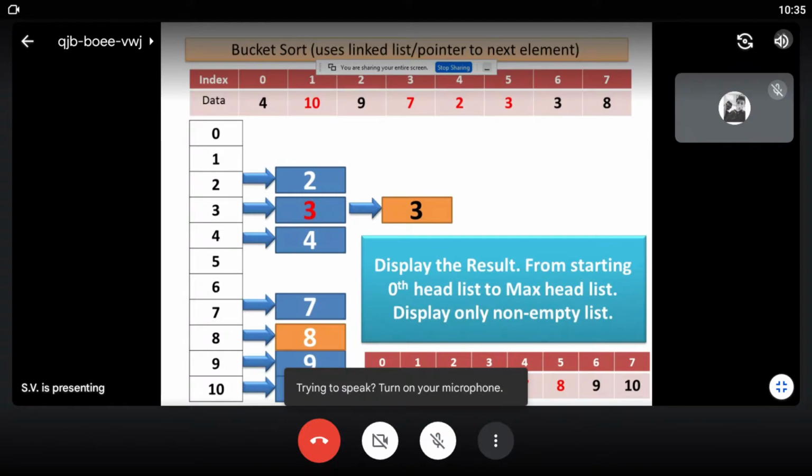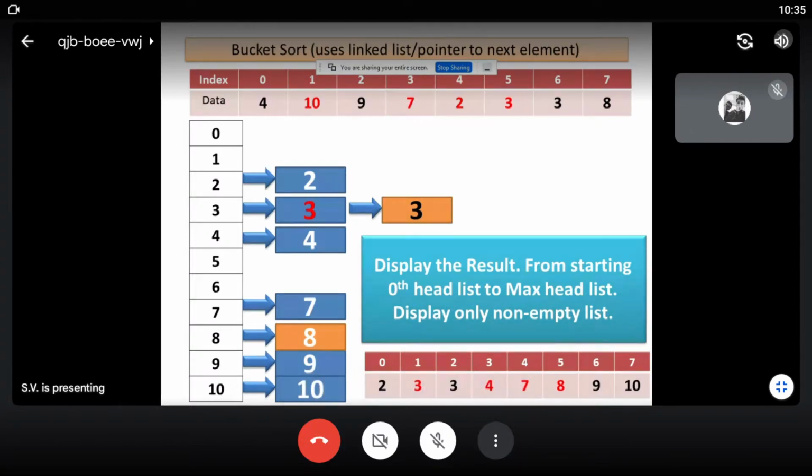So in bucket sort, it is a non-comparison method. We don't compare anything. We directly insert to its position, which is based on the head list. We can find the results over here, where the array will be sorted.